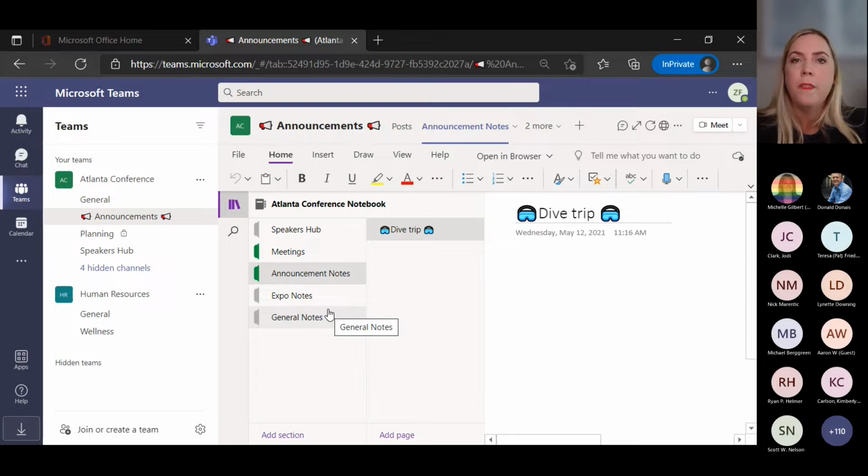As they get more familiar with it, then they might get into things like tags, to tag things and be able to find everything based on that tag, or doing keyword searches to find text, to find recorded audio that matches the keywords, or to find those words that are in pictures or screenshots as well. That's when we're getting into more of that intermediate advanced level kind of stuff. But for beginners, this is what we want to do to make sure that we can get everybody to adopt working in OneNote and make this the place that it's happening.